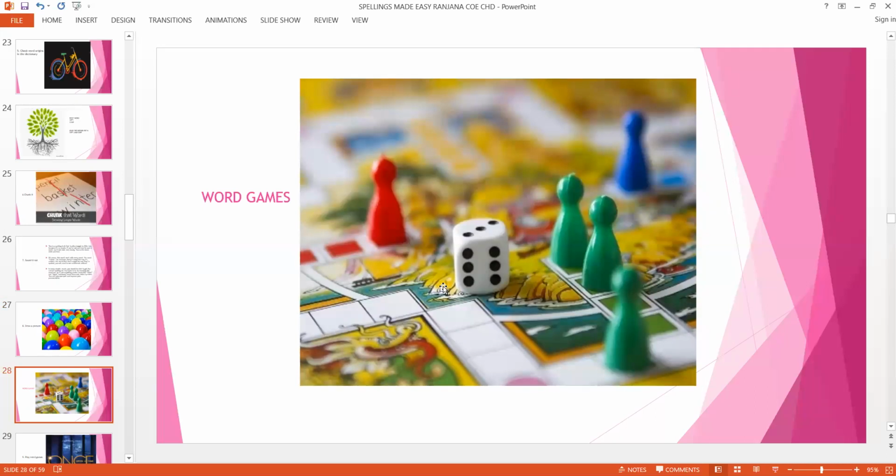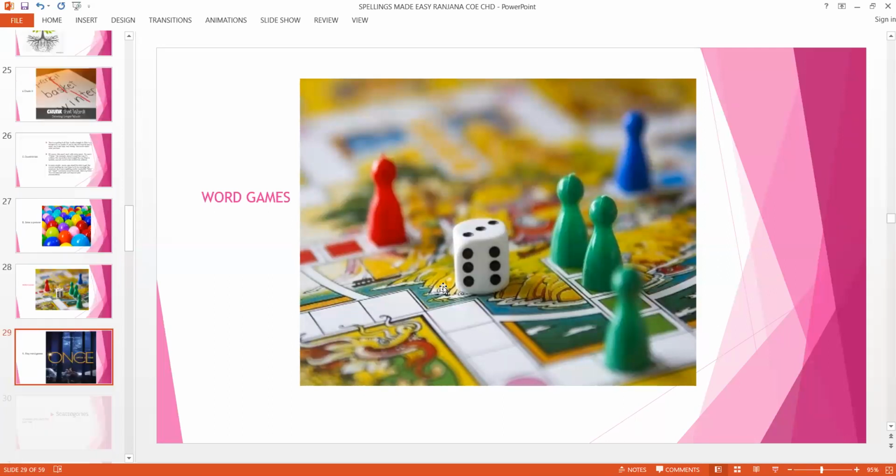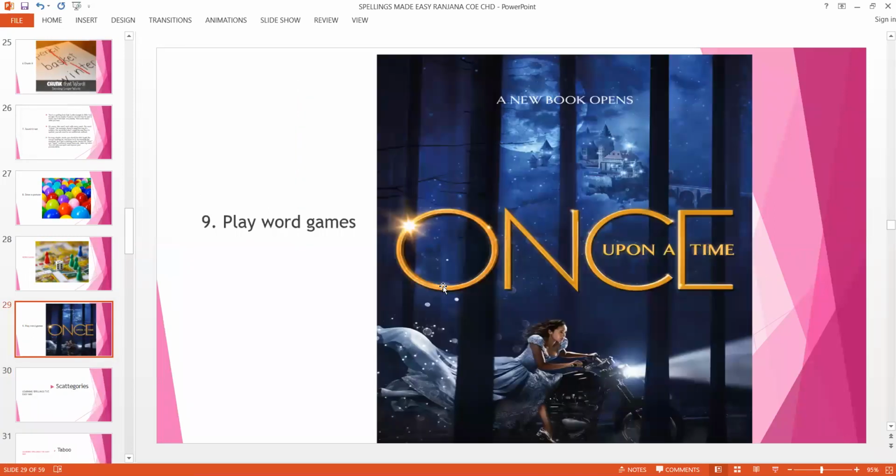Now, word games, there are a lot of word games which we can play with the children. And a very good word game which we have done in many schools is Once Upon a Time. You can play this game at the starting of the session, and repeat it after 3 months and gauge whether the child has been able to add more vocabulary words to his repertoire or not. So once upon a time, there was a monster, right? Or a king, or maybe a princess, that the child has to decide.